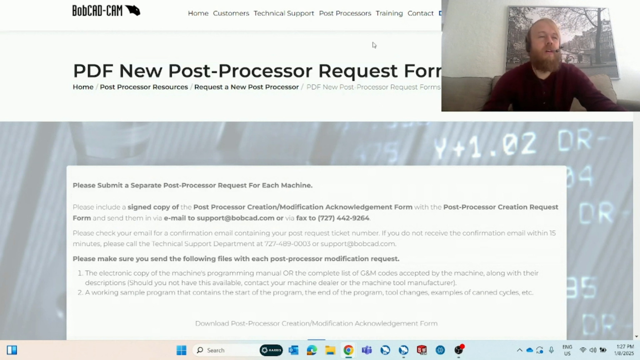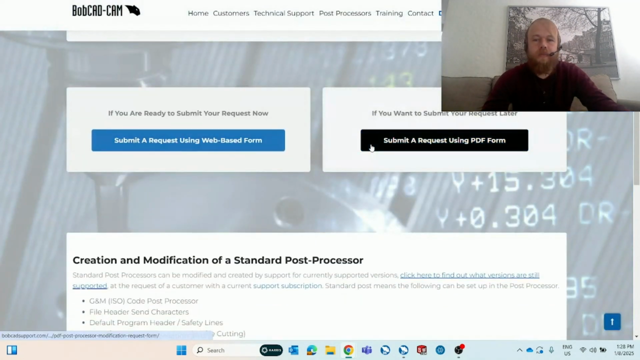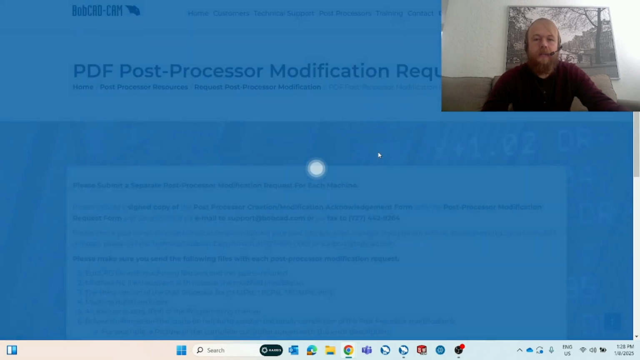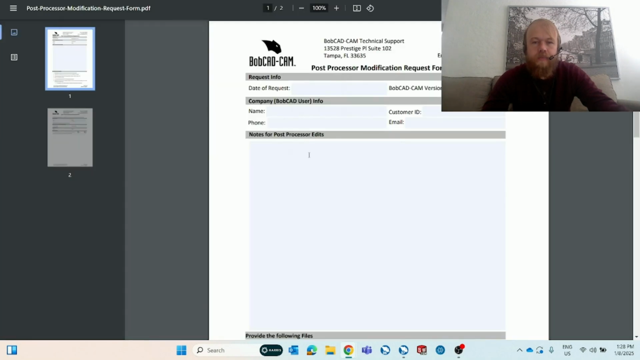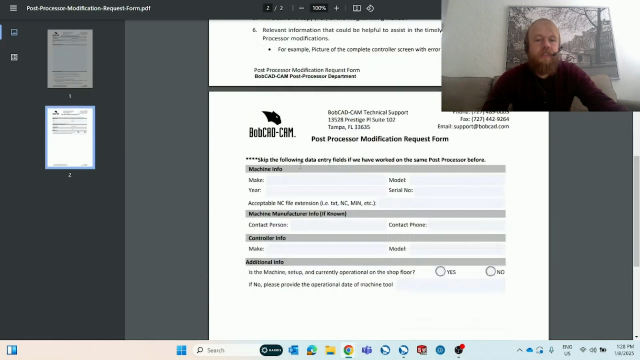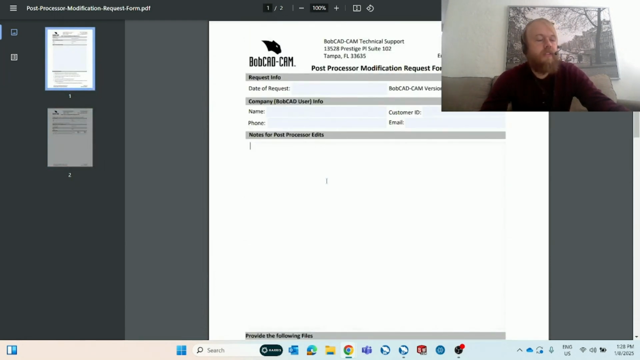If we do, and there are some discrepancies in the G code, we want to add an M00 or an M01 in between each operation, we can go here to request post-processor modification, the third one down. And that way, you would be downloading a different form, and you would be putting in there the request form, notes for post-processor edits. So you give us a description, make and model of the machine, and what edits you want to the post-processor, and you would also send us a sample program of how that would be formatted,